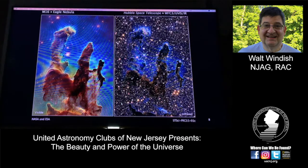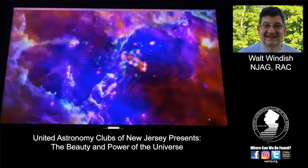Here's one more picture of the Eagle Nebula, but it's a much wider view. Now, can you pick out the Eagle Nebula? It's right here. So this, you can see, is a much wider view. The view we're looking at right here is about 70 by 55 light years. And you can see above the pillars a very young and hot star cluster, NGC 6611, and it's visible with modest backyard telescopes. And this star cluster is sculpting and illuminating the surrounding gas and dust in a process called